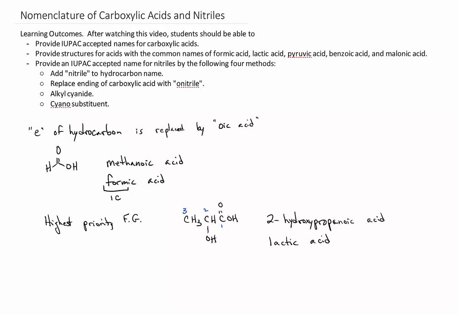Perhaps you've seen this as the product of glycolysis under anaerobic conditions. It would be a lactate, the anion of lactic acid, in a biological system. And this is the molecule that results in muscle fatigue after too much exercise. This is what causes the pain of acid buildup in the muscles.